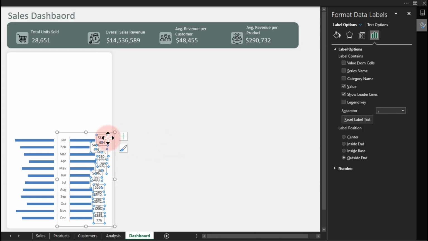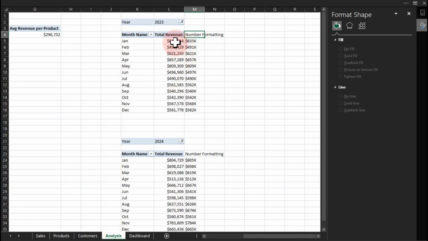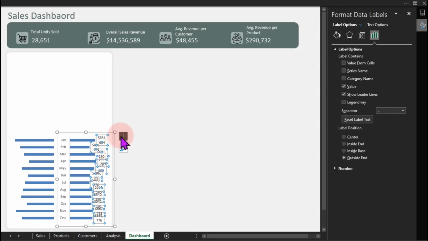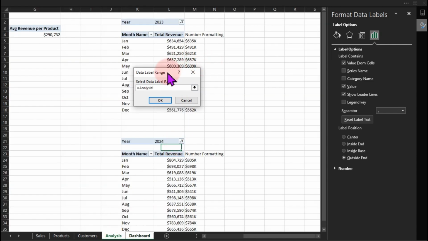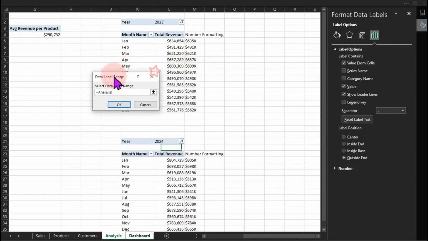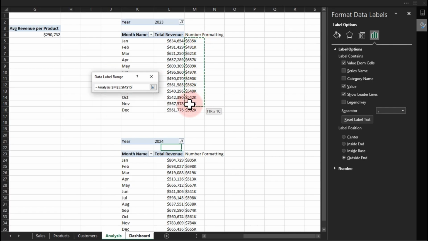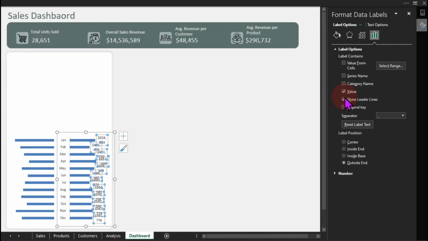So now this particular 634 here has to do with this. 634 has to do with 2023. So we know which one to reflect it on. So come over to values and highlight this range. Then click on OK and turn off value from cell. Then make sure once you turn off value,